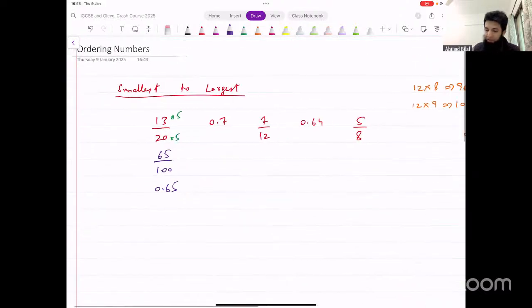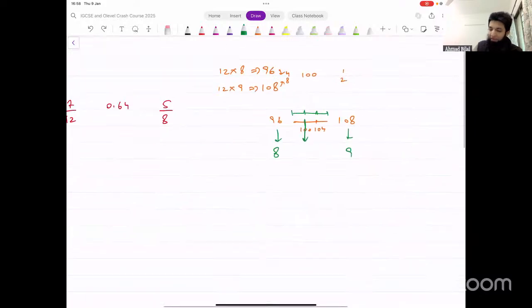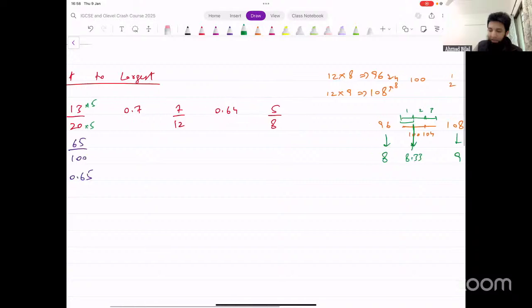Now, in this case, for instance, we said we've got 8 here and we've got 9 here. And if we're divided into 3 parts, 1, 2, 3, one of these parts is what is going to take us to 100. So this is going to be 8.33, 1 out of 3, right? So this number is going to